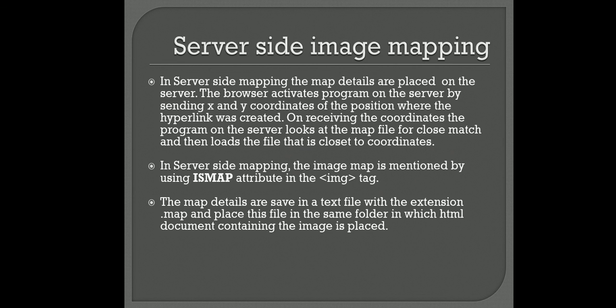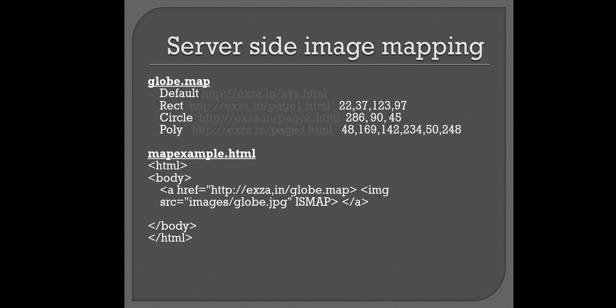The main thing in this server side is that we have to get two pages. One is the HTML page and one is the dot map page. In this example, the dot map indicates the coordinates which you are using on the server, where the server should look for the coordinates of the rectangle, and the map example is just to refer to where we are taking the images from. That is the only thing we have to do, but without server side image mapping, the client side will not be working on the server or on the screen.